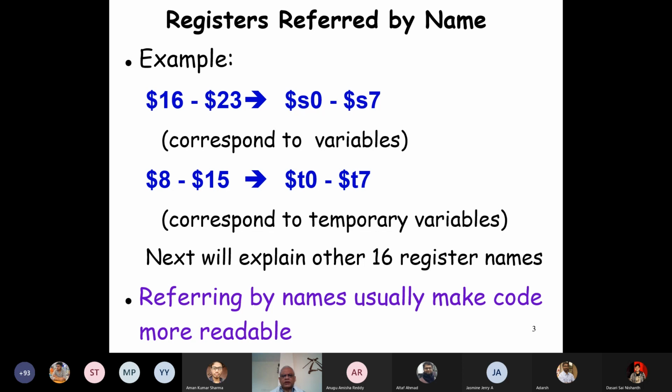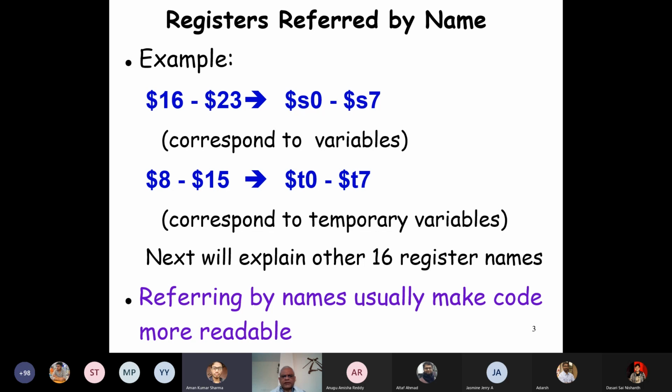On a subroutine call, these are not guaranteed to be preserved. These may get disturbed because the subroutine may also make use of these temporary registers. When we write subroutines a little later, maybe one class later, today we'll not use subroutines, we'll see that while writing the subroutine, we take special care to preserve the saved registers. If we disturb them, we restore them back, but the temporary registers, we don't bother. That's the convention.